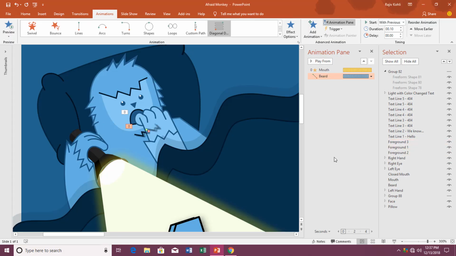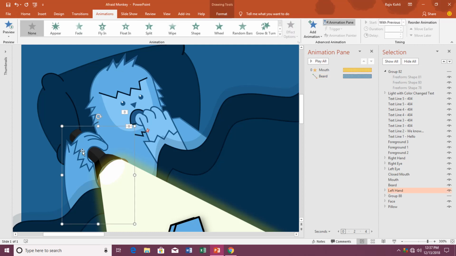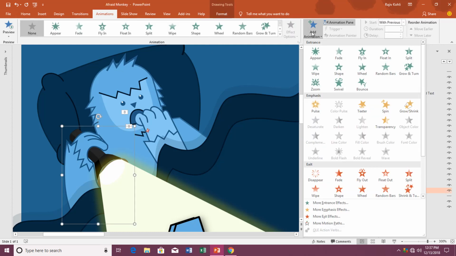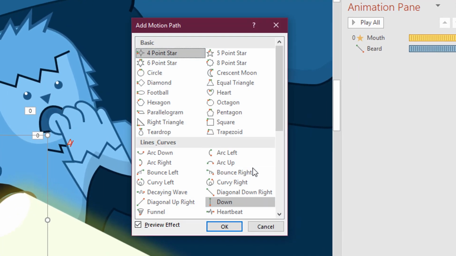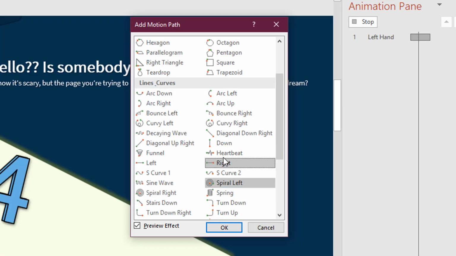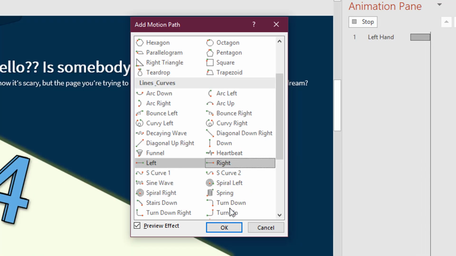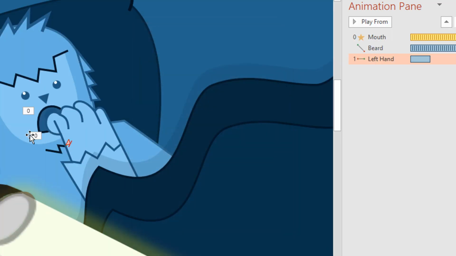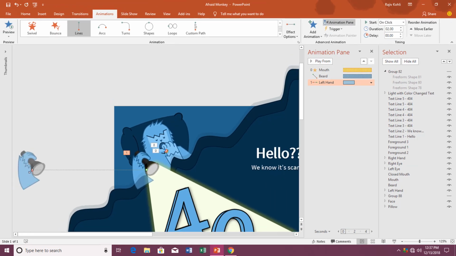Okay, so the next animation we will apply on the left hand, and for that I will apply add motion path, more motion path, and for the hand you can apply any direction like left, right, or diagonal down or diagonal up. Hit the OK key, and later you can adjust the position of the path.